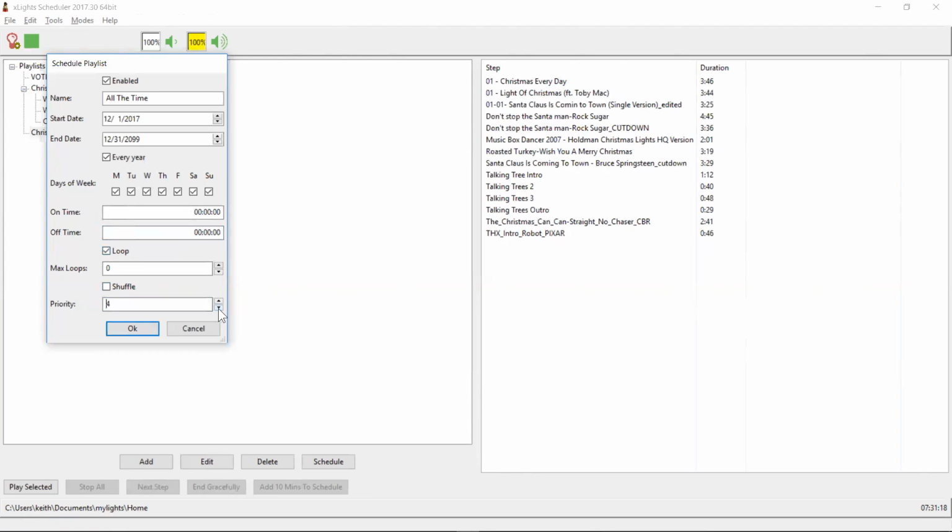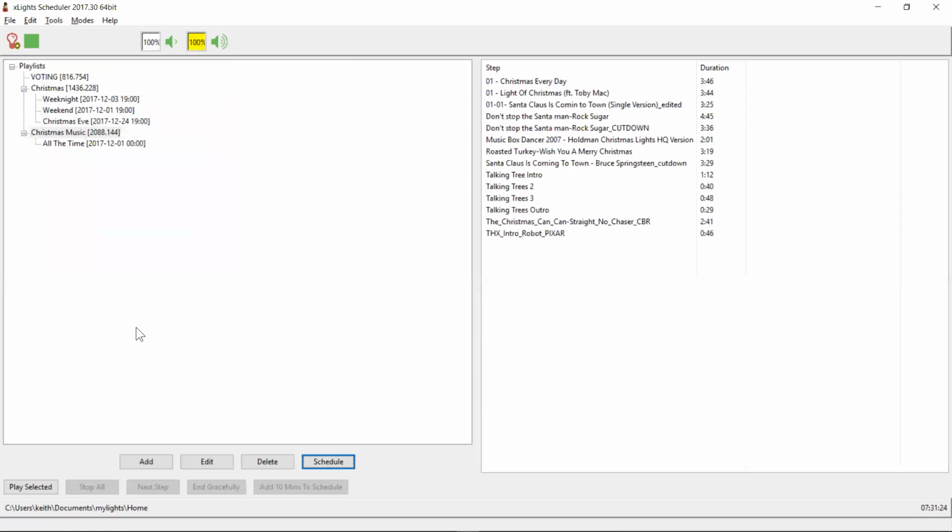In this case, it's obviously a background audio sequence. I want my main show to kick in and override it, so I'm going to set the priority of this really, really low. And so this is going to kick off at basically 12 a.m. on the 1st of December, and it will start playing my background music track, and then my